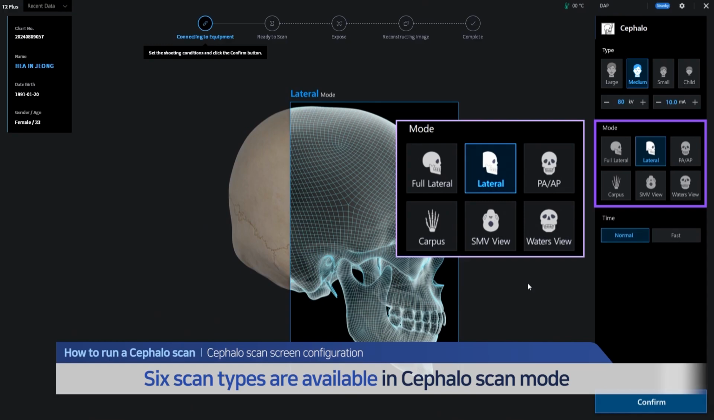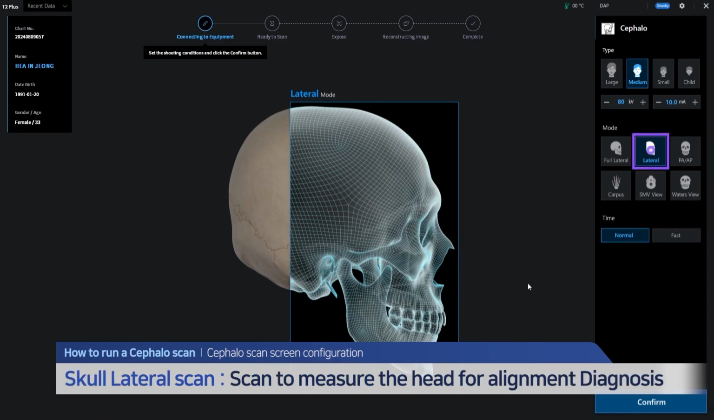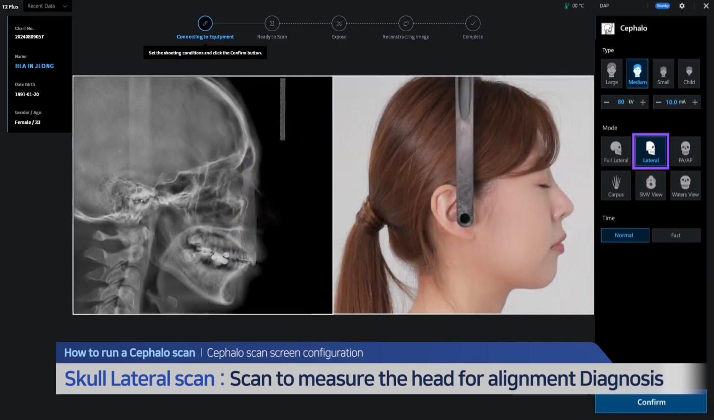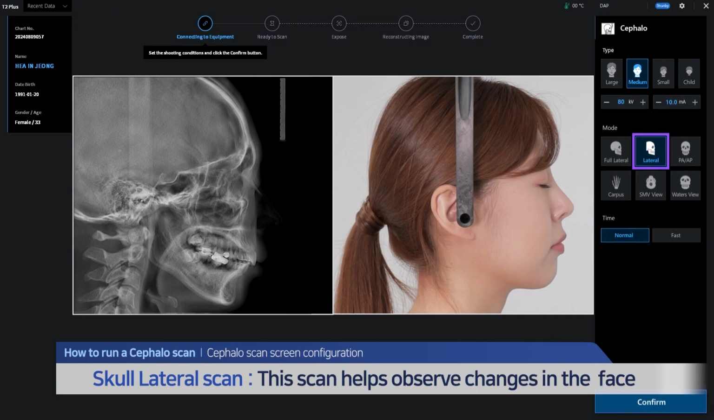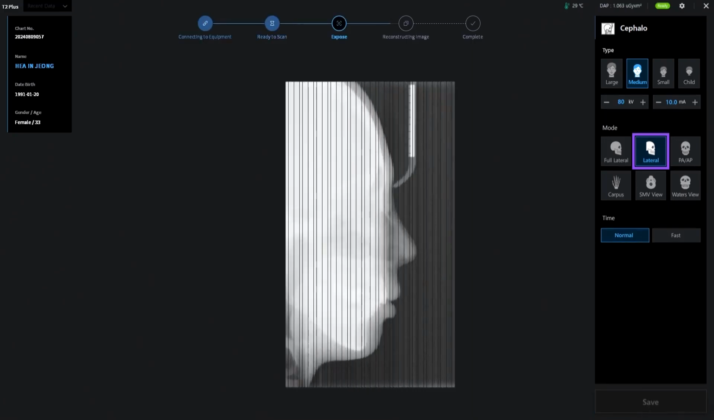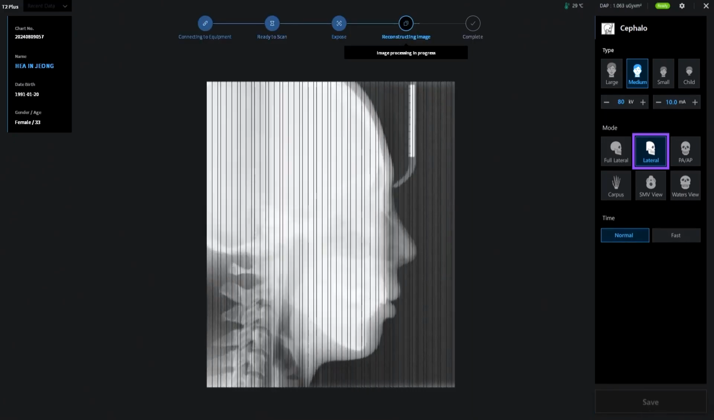There are 6 scan types available in cephaloscan mode. A skull lateral scan is a major scan required to measure the head for alignment diagnosis. It helps observe any changes in the face. Cephaloscan is set to lateral scan by default, and if the posterior of the head is not sufficiently covered due